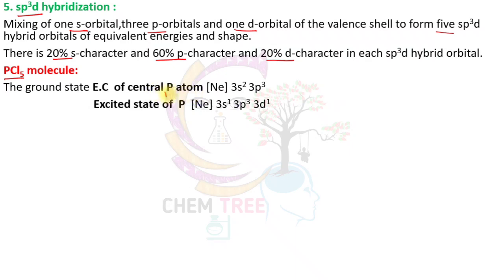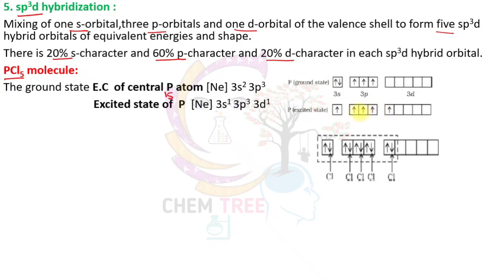Its atomic number is 15 and its electronic configuration in the ground state is neon 3s2 3p3. It contains 5 valence electrons in its outermost orbital. When phosphorus is excited, one of the 3s orbital electrons is promoted to the d orbital, and these orbitals are intermixed and form